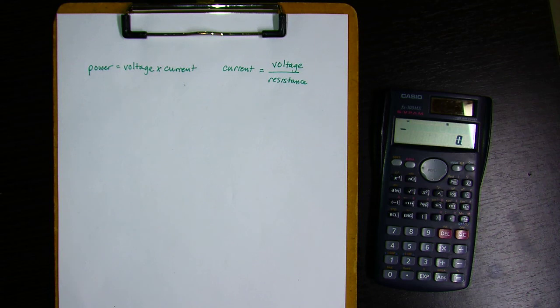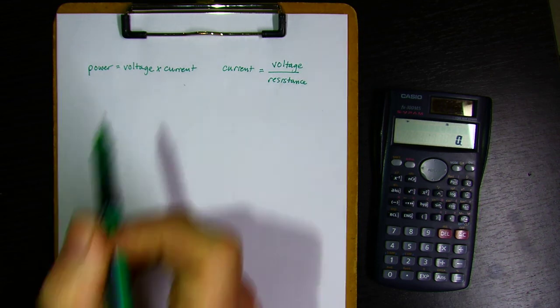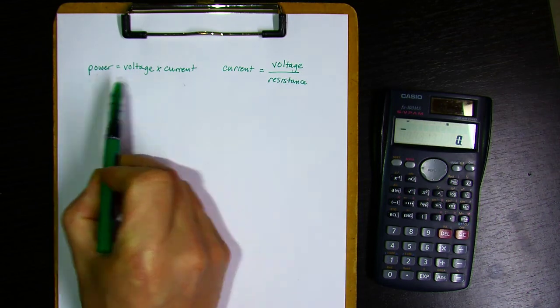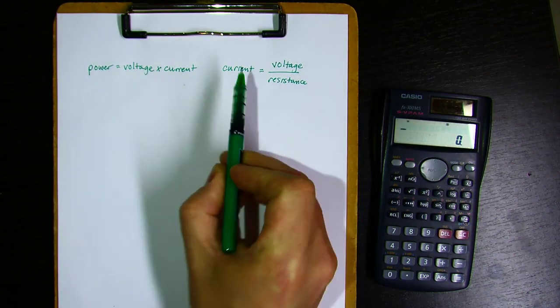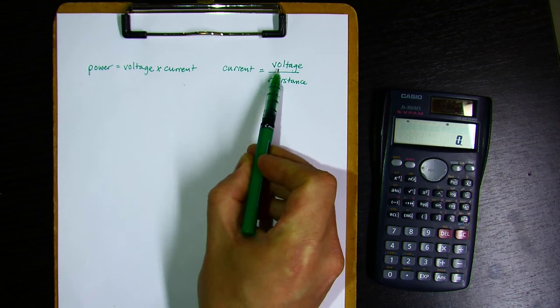In the problem, we're told that a hairdryer has a power rating of 1,000 watts, and we're asked to find how much electric current passes through the dryer when it's in use, and what is the hairdryer's resistance. So we have two mathematical relationships that govern these electric circuit characteristics. The electric power is equal to the product of voltage and current, and electric current is the voltage divided by